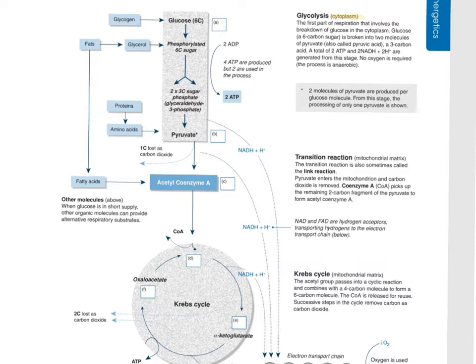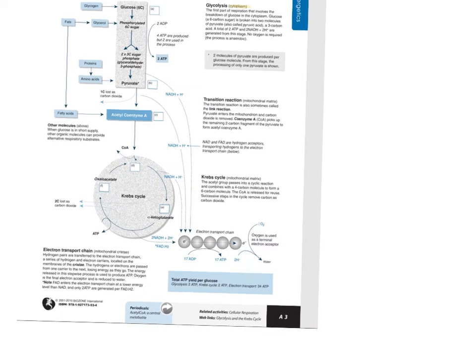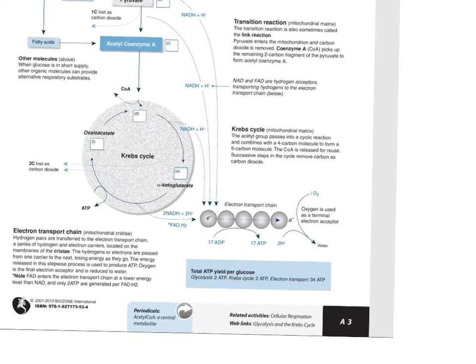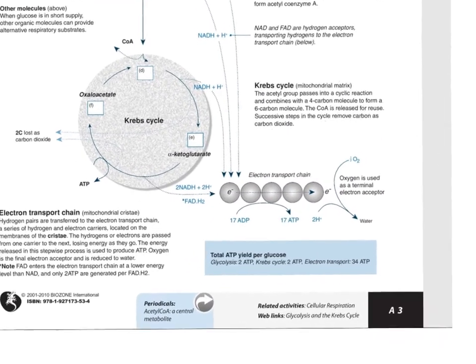I hope that's clear. And that's why we can measure how fast this is going by how much carbon dioxide is being used up here, or put out here, and how much oxygen is being used up further down in the electron transport chain. Because this page is the perfect summary. If you study nothing else in this whole packet, studying this page will allow you to get close to an A if you understand everything that's on this page.